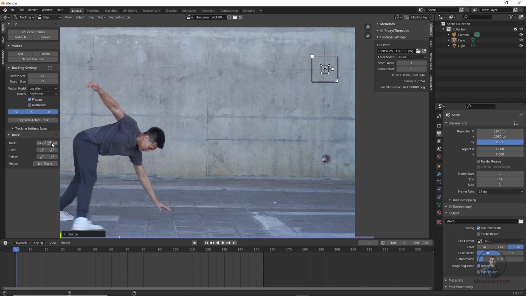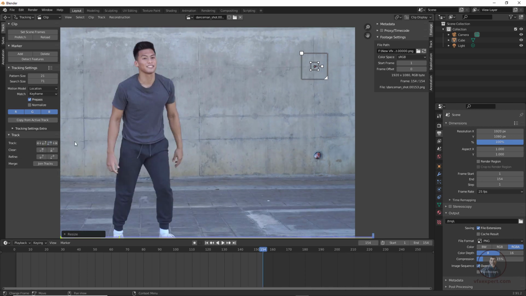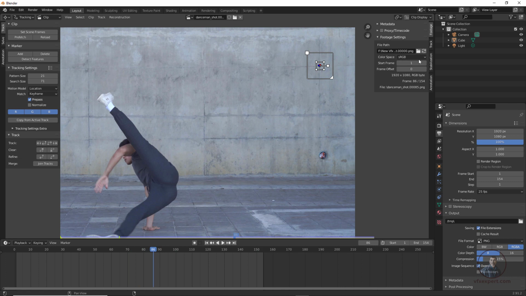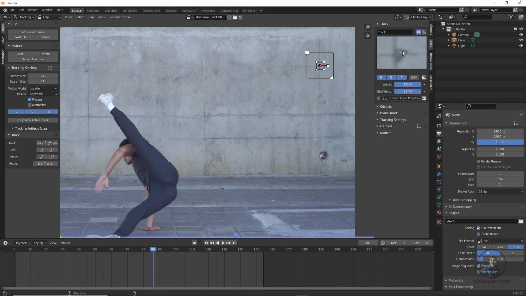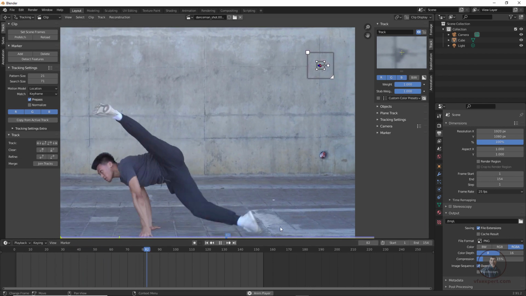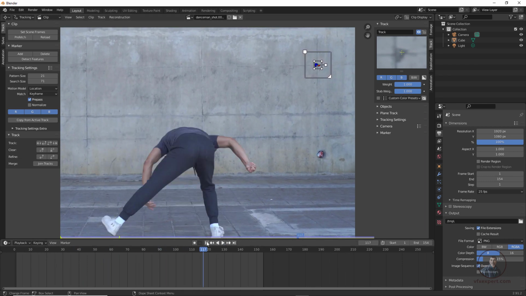Now simply click on track forward here. Now you can see I have tracked this point. If you want to check, you can easily check. This is our path. Even on the right side, in our track options, you can easily see a preview of this point. Now play and check. You can see this point is stable, so this is looking good. Just stop it here, and click here again.